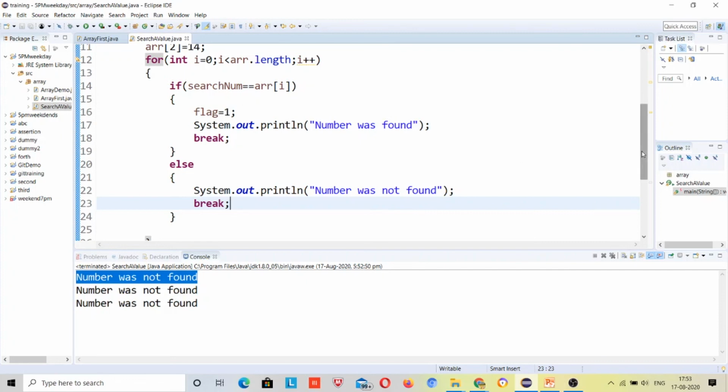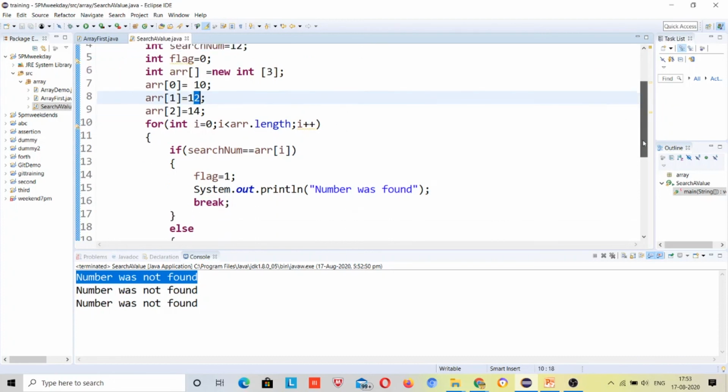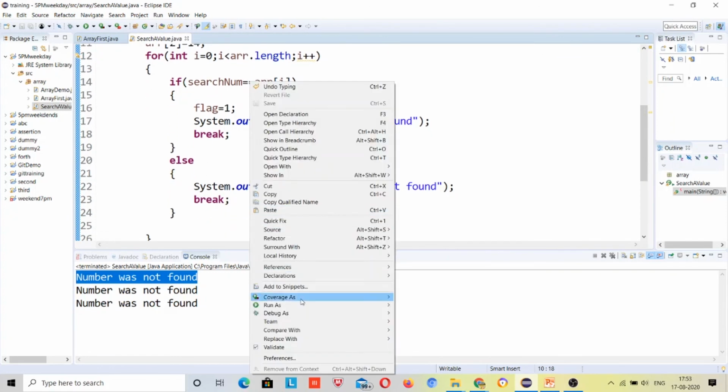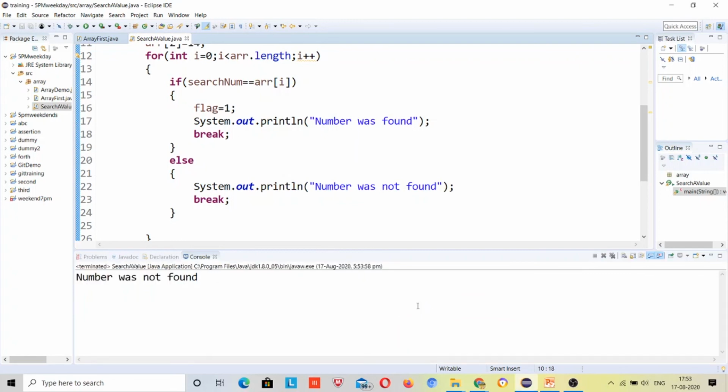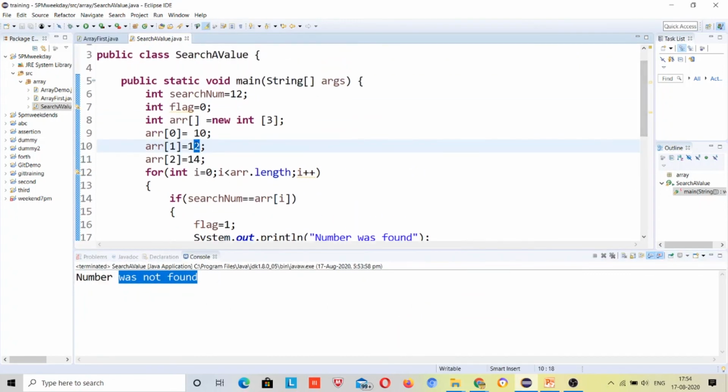Suppose I give the number 12 over here and 12 here, so the number is present, right? But the first time it will not find it, it will come inside this else block and break out from there. The message will be number was not found, but the number was present.